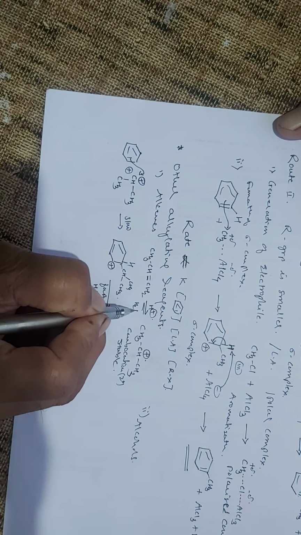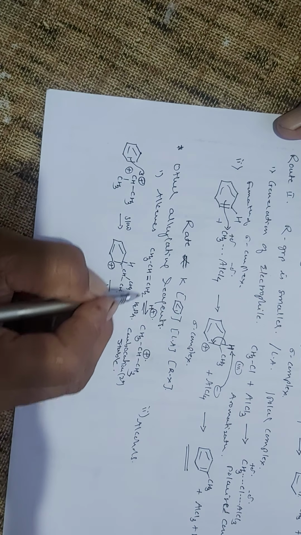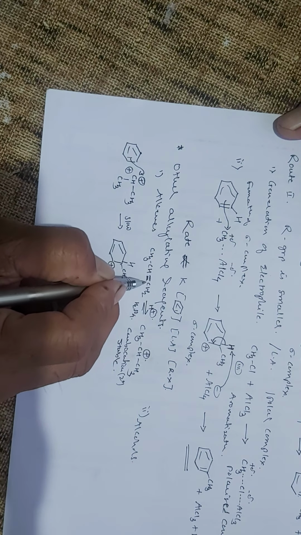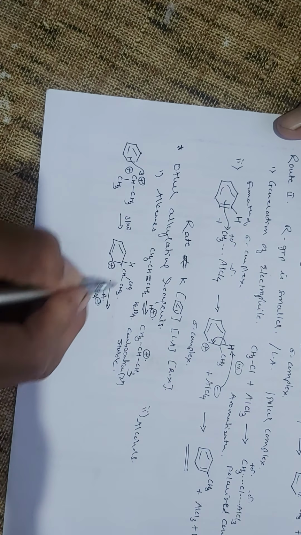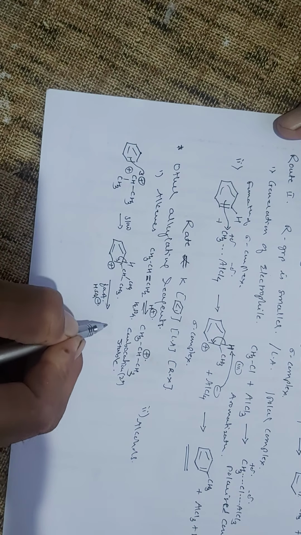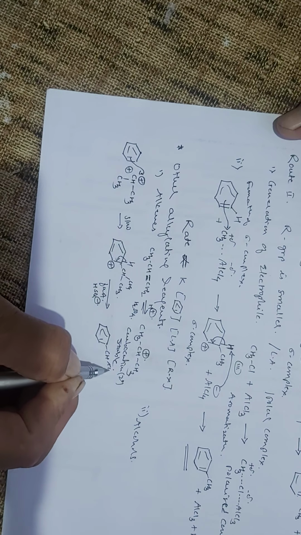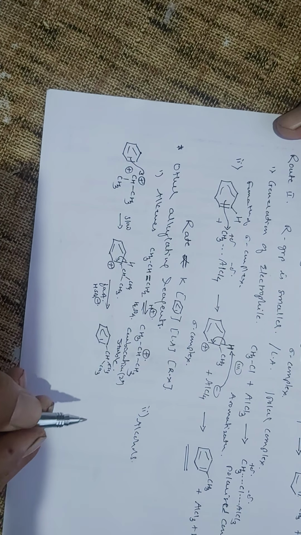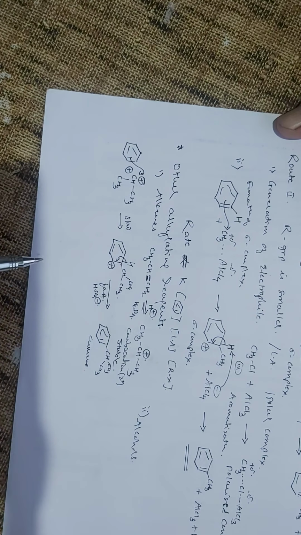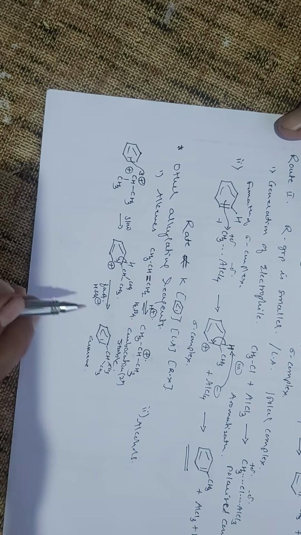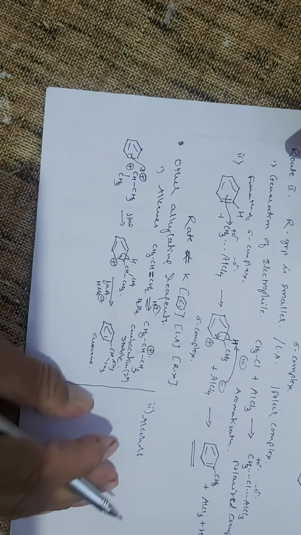Here the acid is used, and the acid gives the proton. It protonates this pi electron of the alkene and forms a carbocation. And this conjugate base abstracts this proton, and this proton gives the electron pair and gives you the formation of isopropylbenzene as a product. So here cumene is obtained as a product. So this is one of the ways in which the alkylation can be carried out by using alkenes.